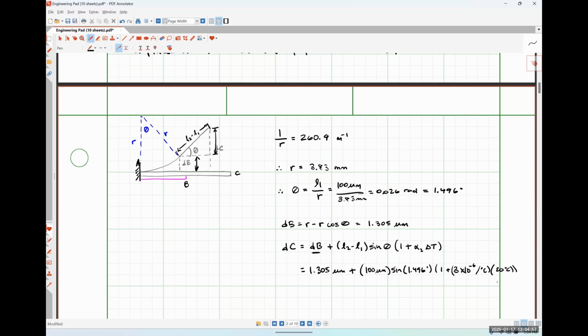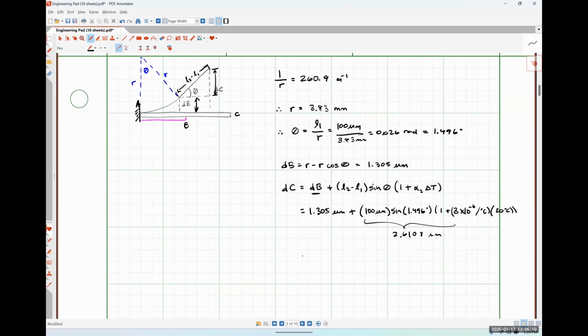I had the X in plus instead of times. So this whole thing right here is 2.6108 microns. And so when we add those guys together,